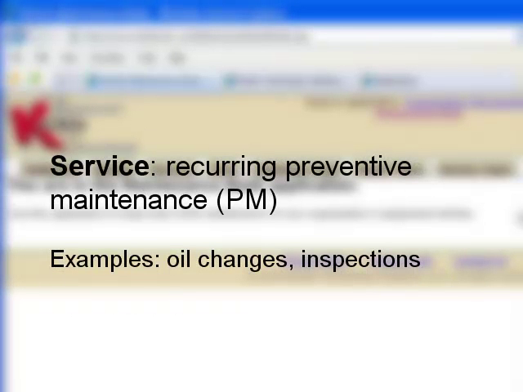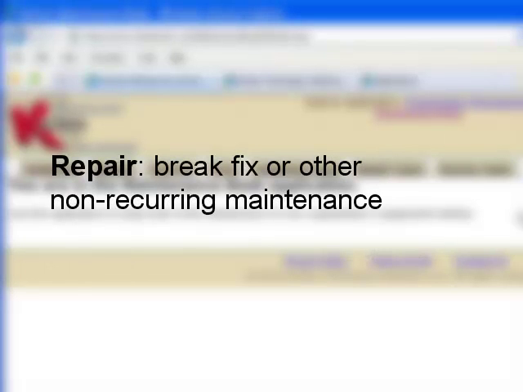Service means preventive maintenance. It's maintenance or maybe just an inspection that's planned and happens on a recurring basis. For example, every 3,000 miles, or every 100 days, or every 250 hours of use. A repair is any other maintenance that's done as necessary, not on any set schedule, like fixing something when it